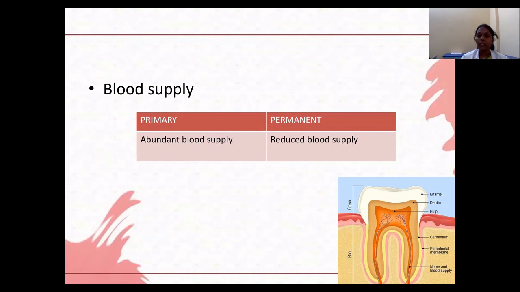In that condition, you should not be afraid. It is normal, since in that tooth you are getting a more adequate blood supply. That will be an enormous amount of blood you can see in that region. So this is a clinical importance point you have to remember when you are doing preparation, and the point related to blood supply.